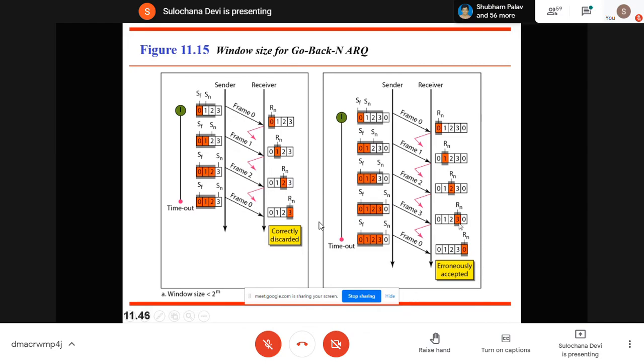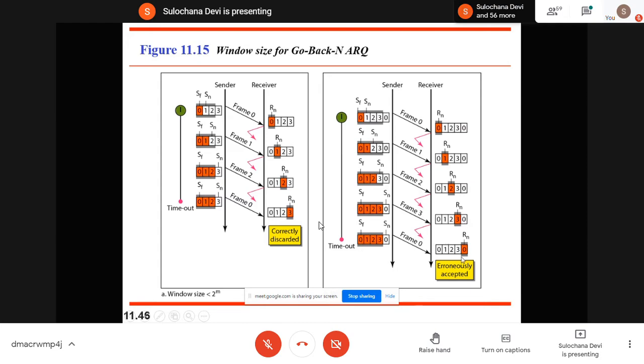So it is pointing to frame number 3. Now Rn is incremented because now sequence numbers are being repeated. So Rn is pointing to frame number 0. But here the timer expired. Now you are retransmitting frame number 0, because all the frames in the window you already transmitted and you have not received acknowledgement. Now you are retransmitting this frame number 0.